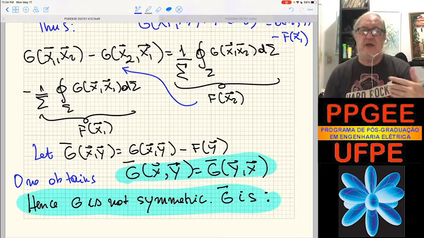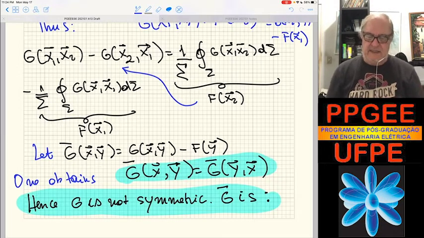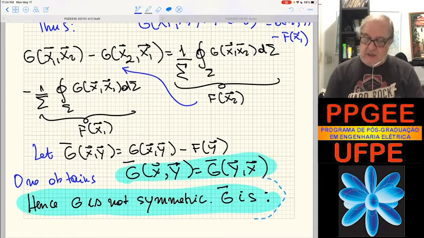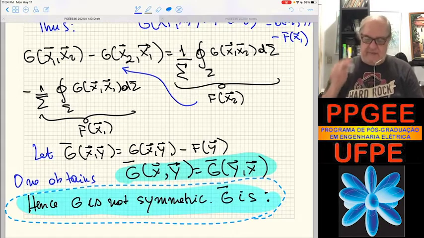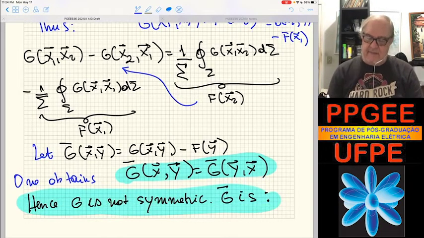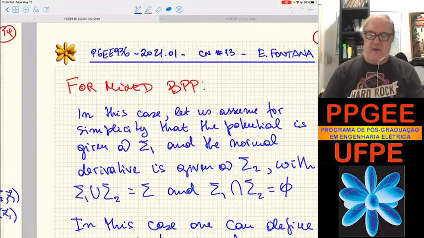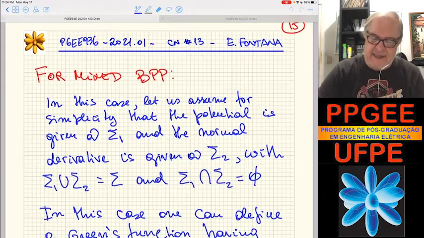But it's not mandatory to use the symmetry property. Symmetry property is nice to have for some elegant solutions of certain kinds of problems. So in summary, for Neumann's boundary value problem, Green's function is not symmetric, but G bar is symmetric. Okay? And going back now to mixed boundary, another mistake here,